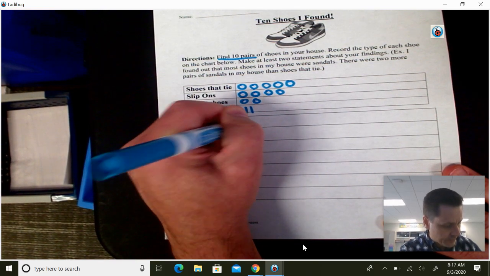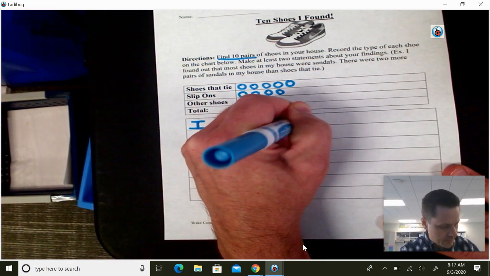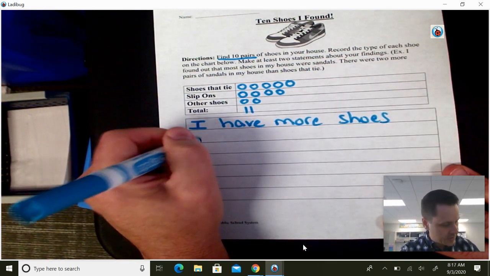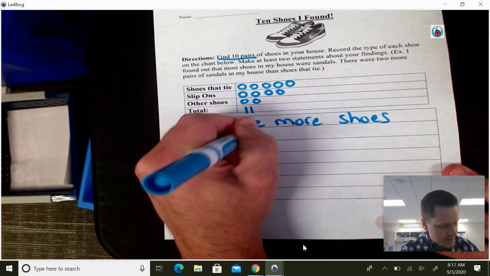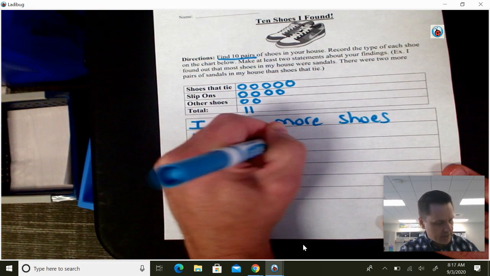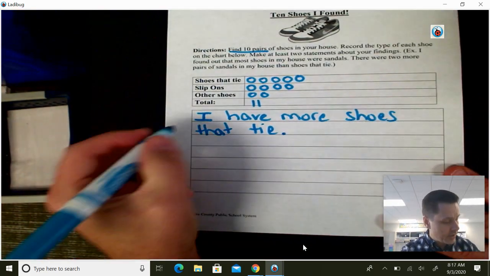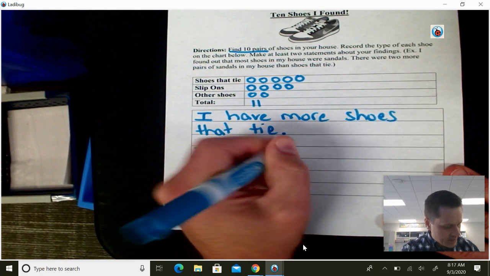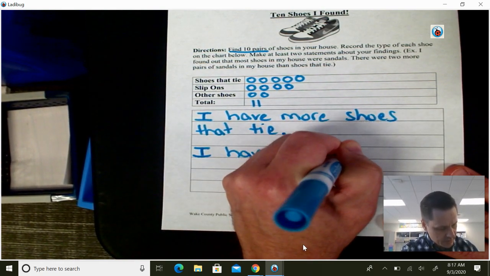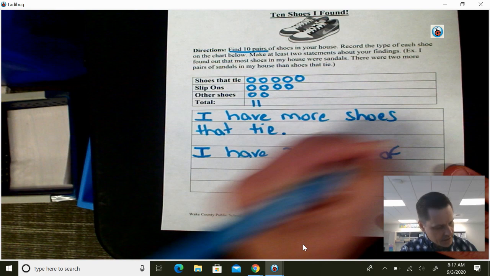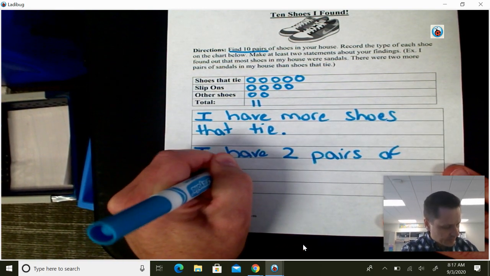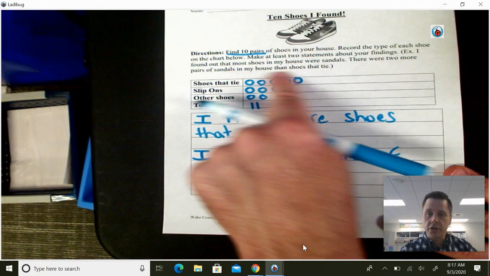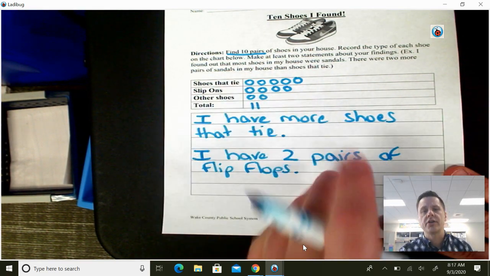I have more shoes that tie, period. My other statement could be, I have 2 pairs of flip-flops, period. So you're going to look at the data for your house and you're going to come up with